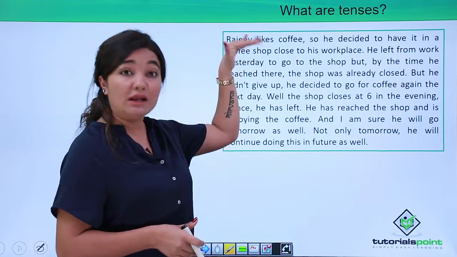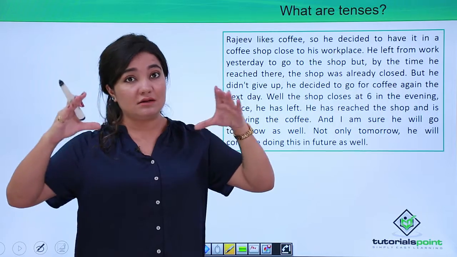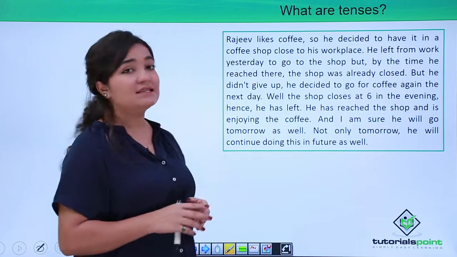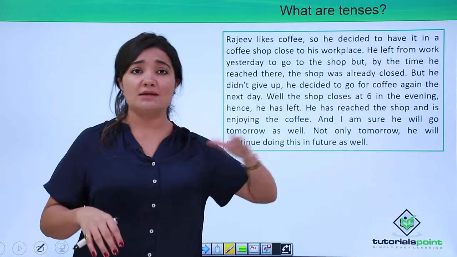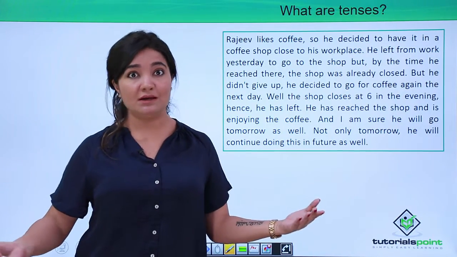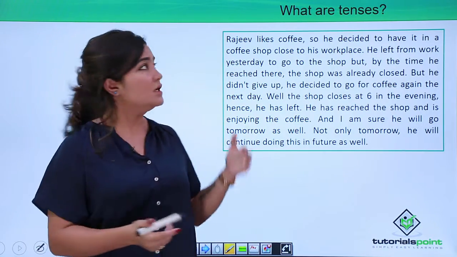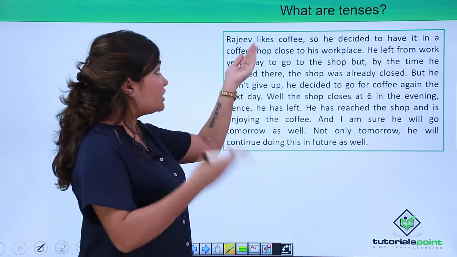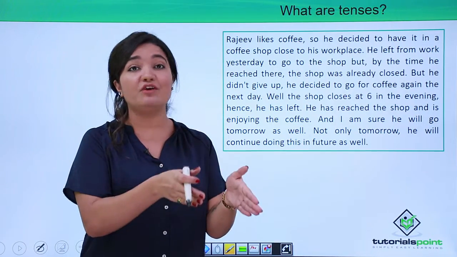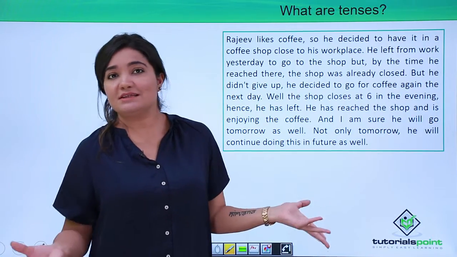But when we converted it to likes, it actually told us the time, because it attached a timeline to this work. So here likes means something that has happened in the past, happens in the present and will happen in the future, right? So he likes coffee means this is something that is constant. Because we converted this verb into a different form, what did we do? We attached a time frame to it, right? So once we attached a time frame to it, what did it become? It became a tense. That's it.